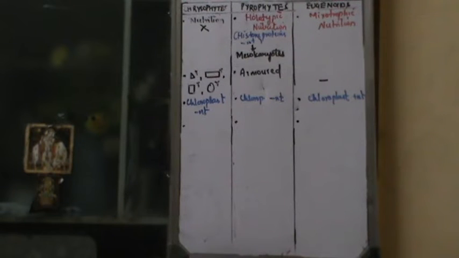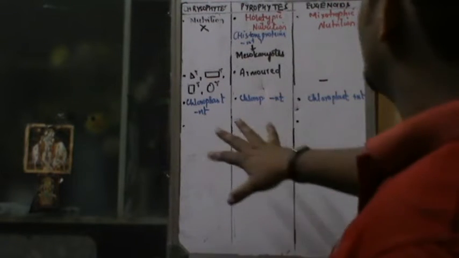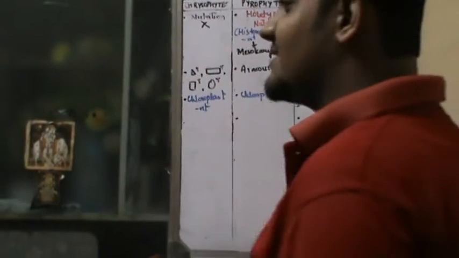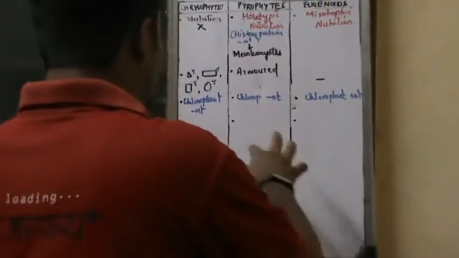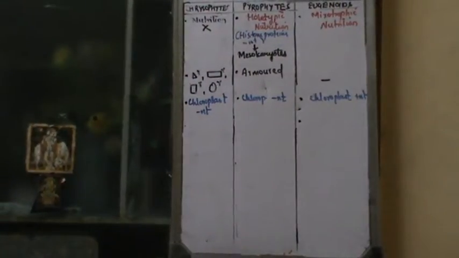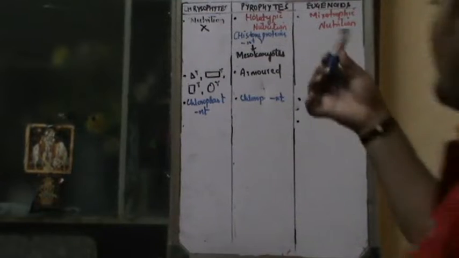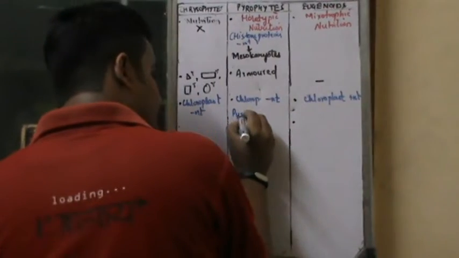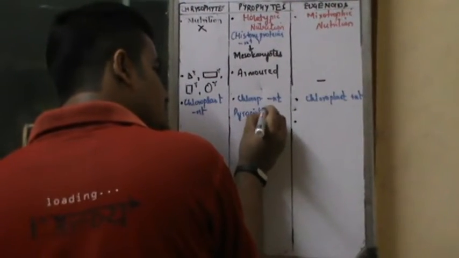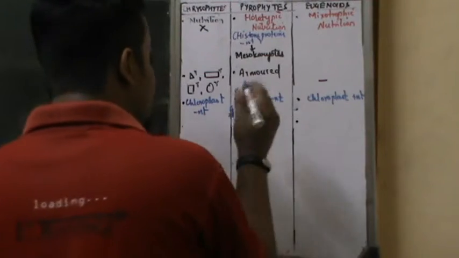Other than this, NCERT examples again. Some names are very important that you have to understand. NCERT has not given any particular example; it has just given dismiss and diatoms. Remember the examples, it's going to be very important. For the pyrophytes, you have to remember Pyrocystis. Pyrocystis is one of the major examples given by NCERT.